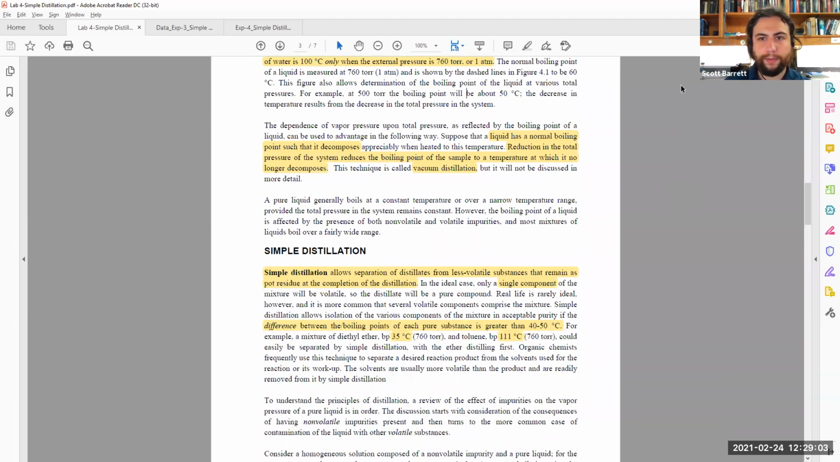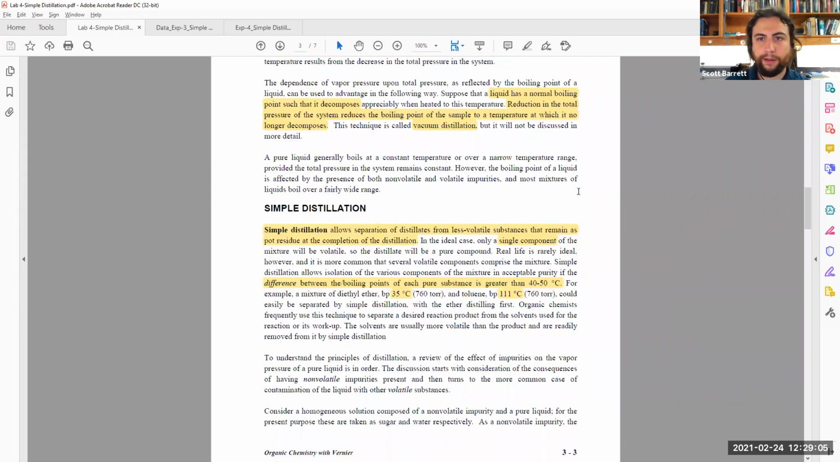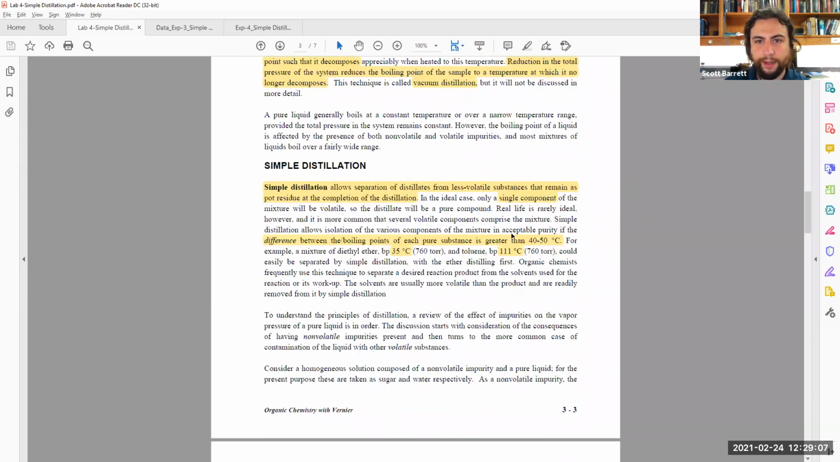I really hope that people get to utilize that at some point within their science careers, because I personally love utilizing that. So going forward, simple distillation now allows separation of distillates from less volatile substances that remain as pot